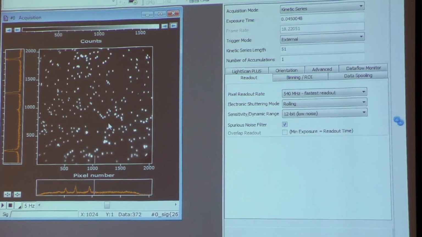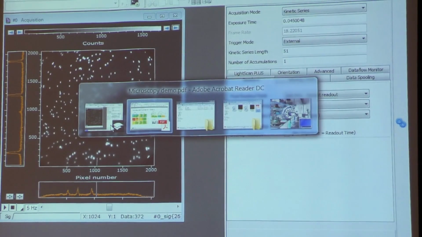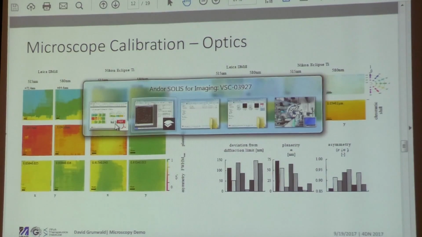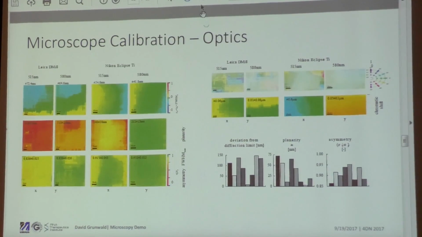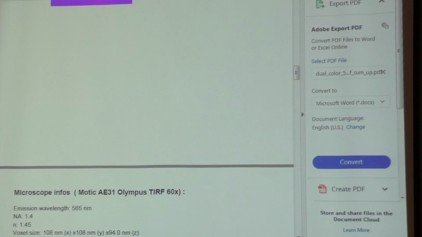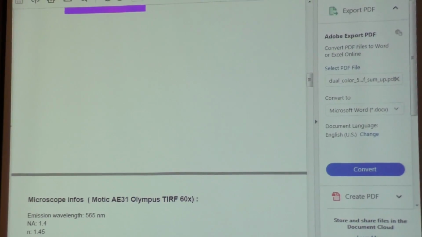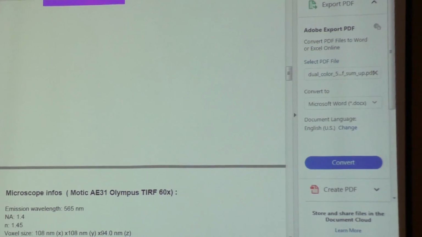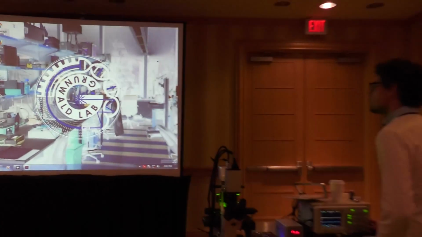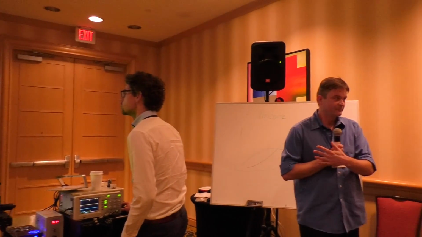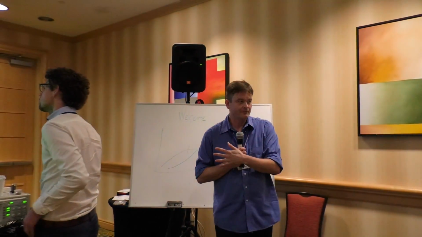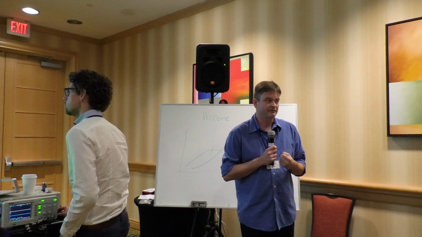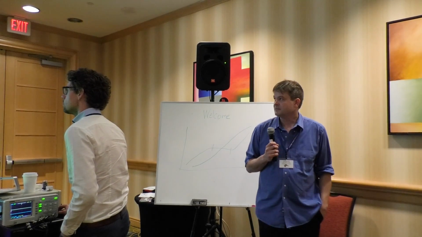But how do we analyze this data? Yeah, let's go for a report, right? Max, could you open your program and start loading data? Okay, so now this is not news. This is 50 years old knowledge. The problem is that for most labs that do not come out of a trade of dealing with the question of what is my image doing, it's pretty hard to extract the data. Now, there is a